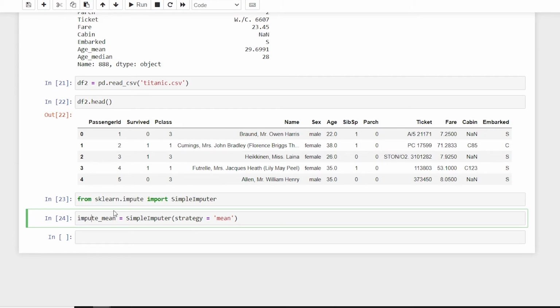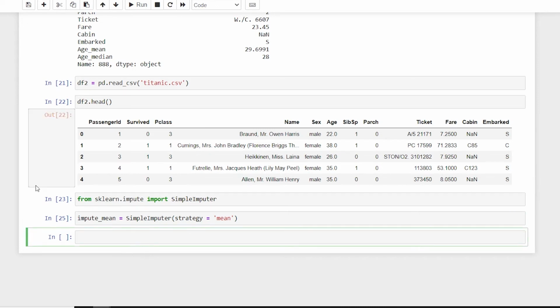Now I'll say impute_mean.fit, we have to fit on it, and here I'll say df2 and specify age.